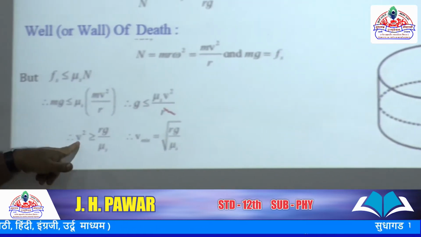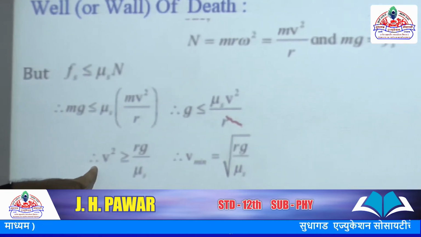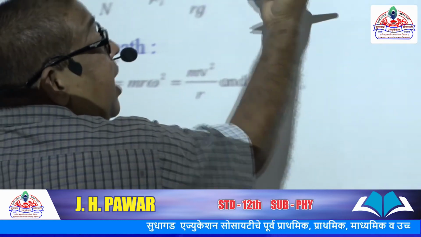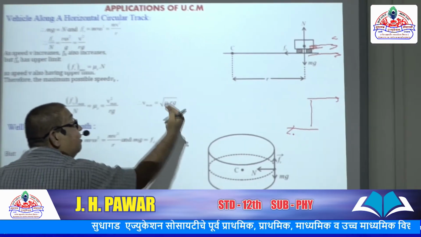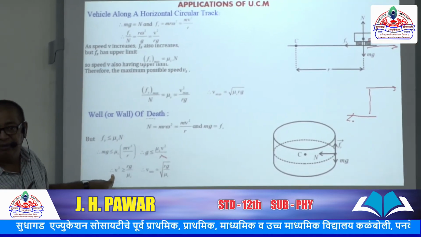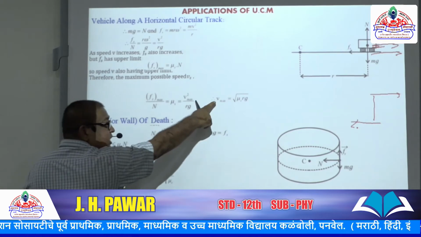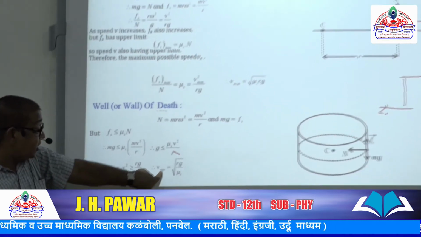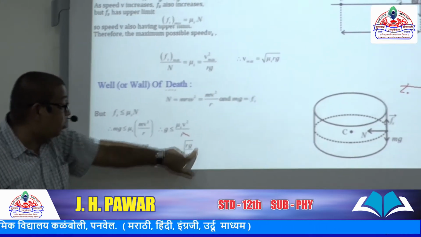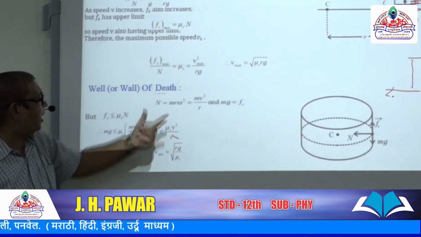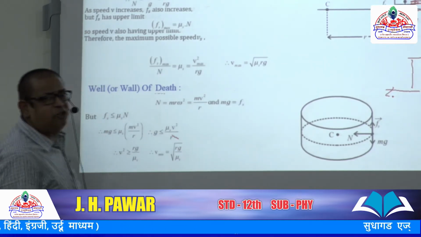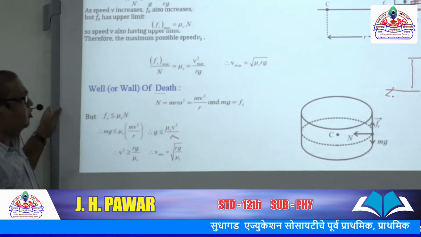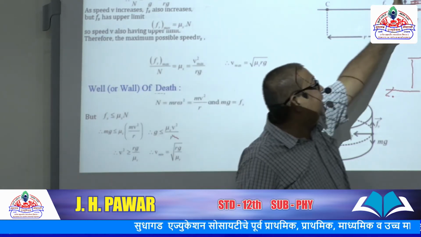Then you can take this for minimum speed, meaning the speed of the vehicle should be greater than the minimum speed. In the above case, the speed was the maximum, so you can drive the vehicle at less than that speed, and it is a safe speed. But here, look, the speed is minimum, and it is equal to the square root of rg upon μs. If we substitute, then the normal reaction should be minimum. And as the normal reaction should be minimum, then one more thing should be there. Another interesting problem is there.